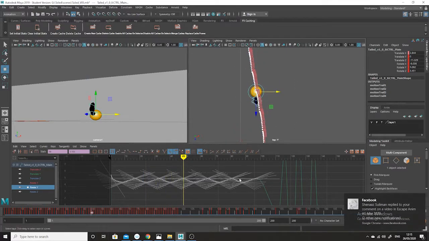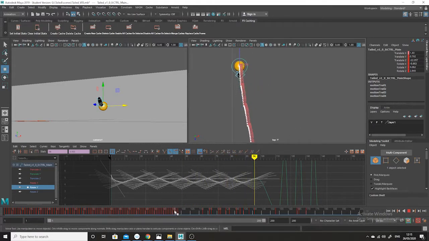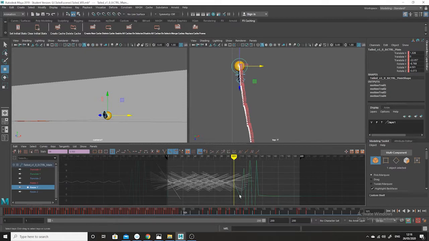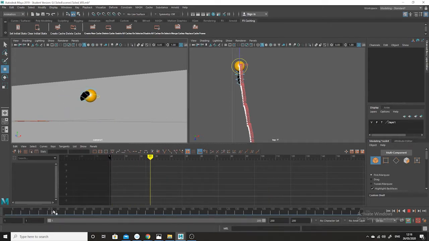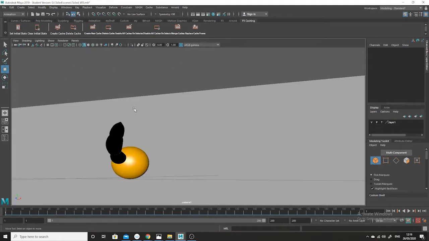The tail goes along, and then I can get it there, yeah, so it just makes it a little bit better. So I've got this. Now, if I look at this, the creature should bounce like this, which feels a little bit more naturalistic. And I take the curves off, and if I was to render this